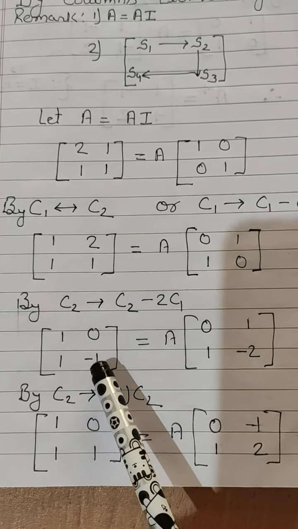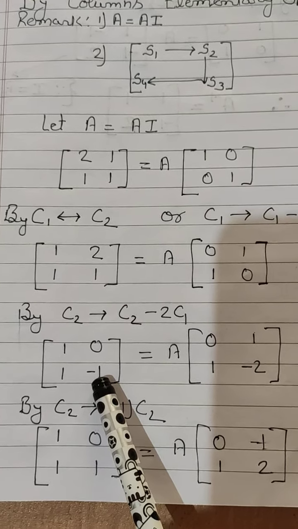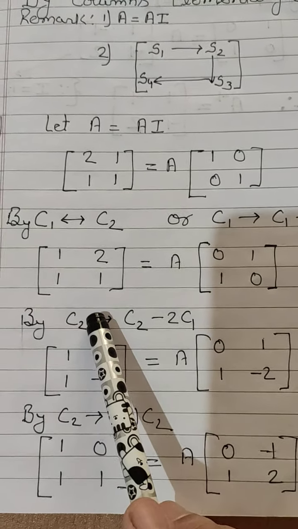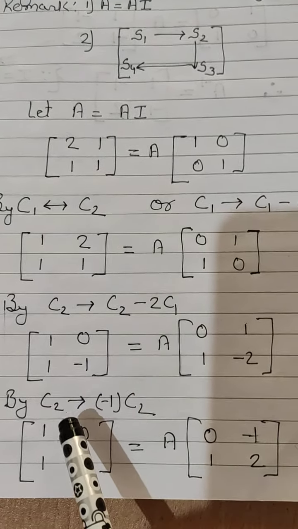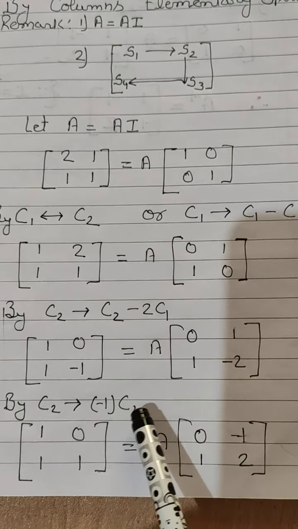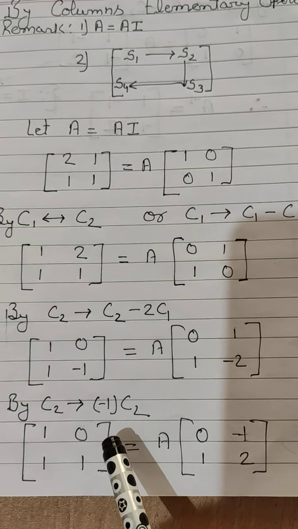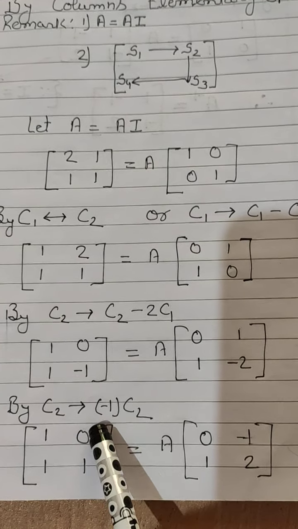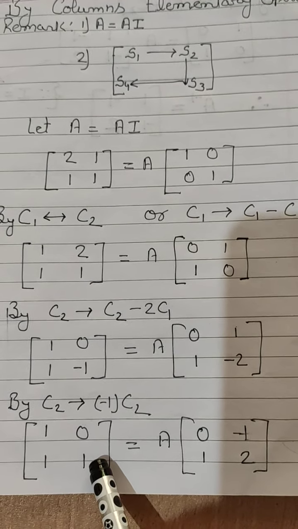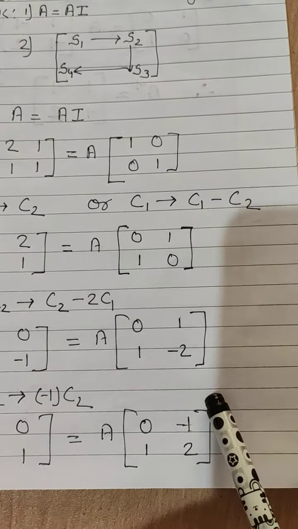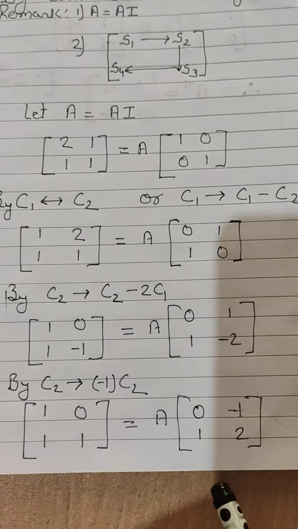So we have to change it into 1. How can we change it? Minus 1 is there, so how can we change it into plus? By multiplying by a minus sign, but you have to apply it in which column? So what you will write is C2 gives minus of C2. As we have multiplied column C2 by a minus sign, this becomes 0. This minus 1 becomes plus 1, here 1 becomes minus 1, and minus 2 becomes plus 2.